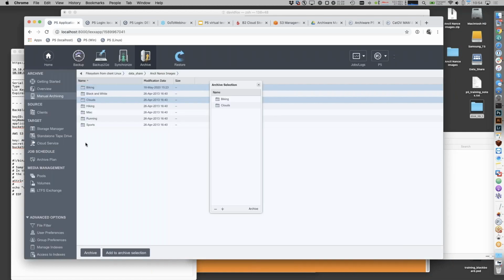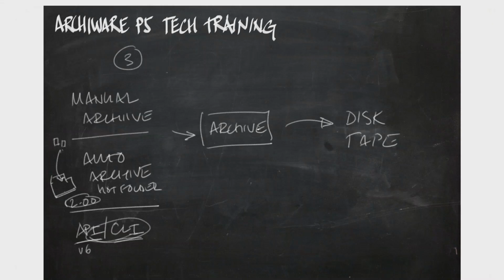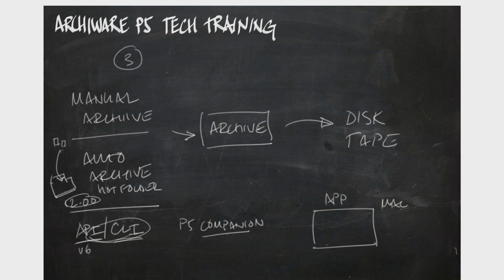There is an integration included inside of P5 version 6, and that is called the P5 Companion, which we will look at. The P5 Companion is basically an app that runs on Mac, Windows, or Linux. So it's a desktop application, and what you can do is drag files from your Windows Explorer or your Mac Finder